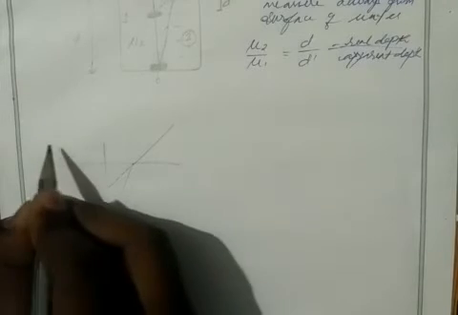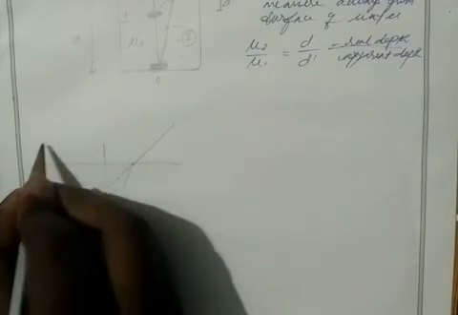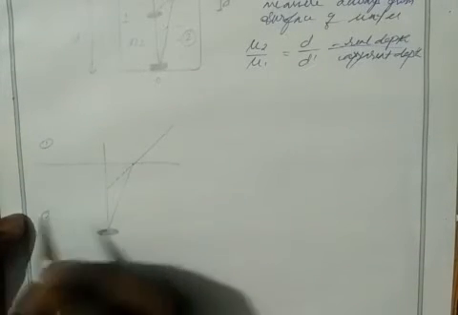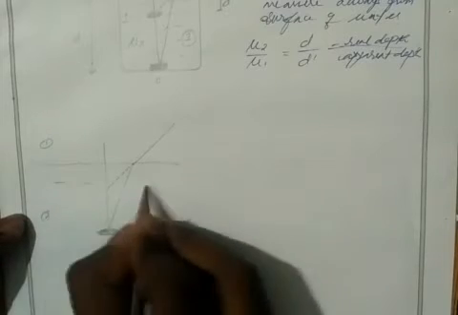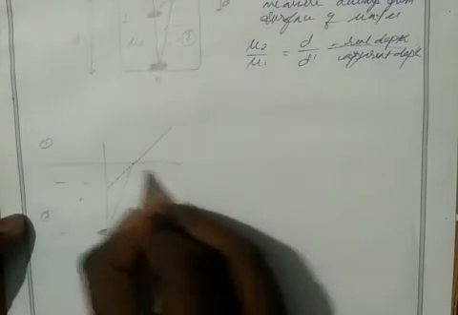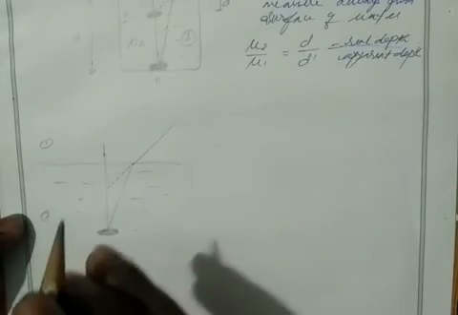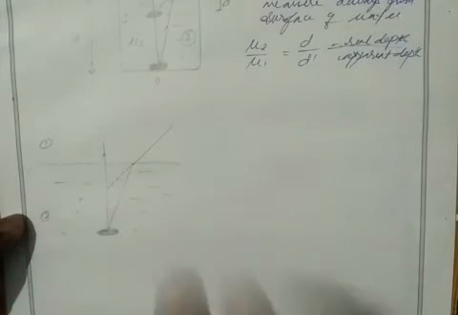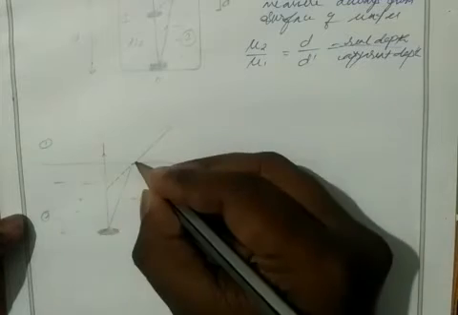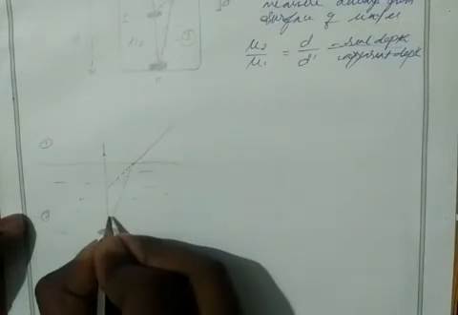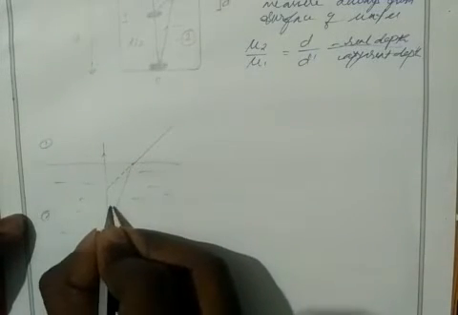So consider we have two media, medium 1 and medium 2, and an object is located inside the water. Two light rays come from the object. The first one is perpendicular, which undergoes no refraction. The next one is at a certain angle. That angle we can say is the angle of incidence.